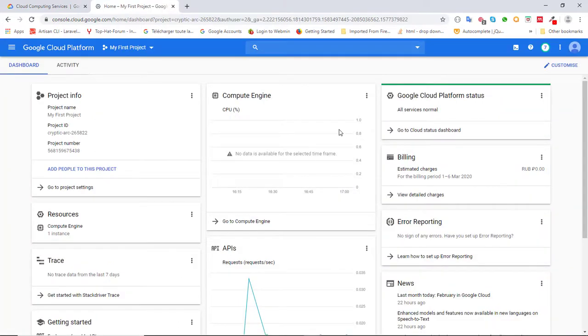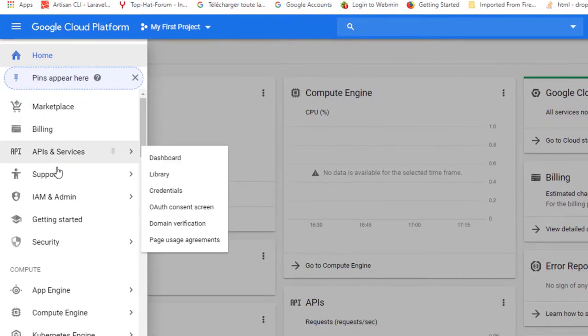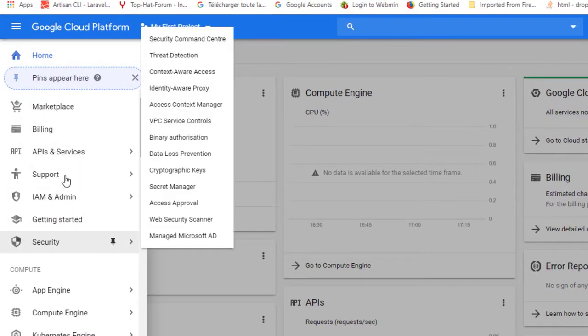After successfully creating your account, the first thing to do is to request a GPU, which is not yet available on your account when you just created it. And this GPU is very important since we want to create virtual machines which will be used for deep learning activities. So to request this GPU, we click on the menu and we go to Identity Management